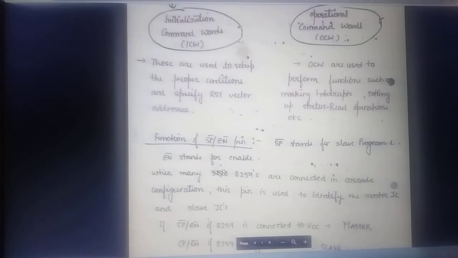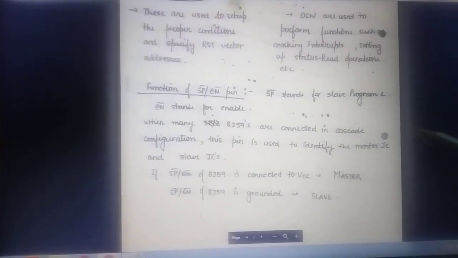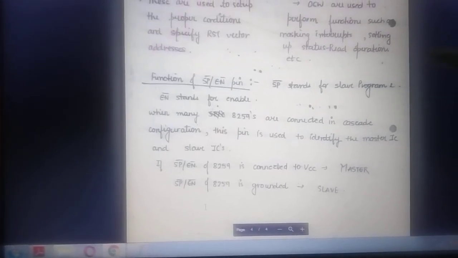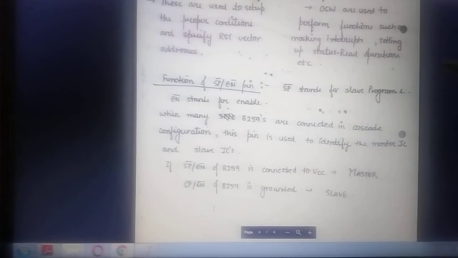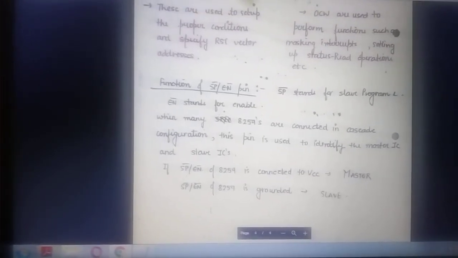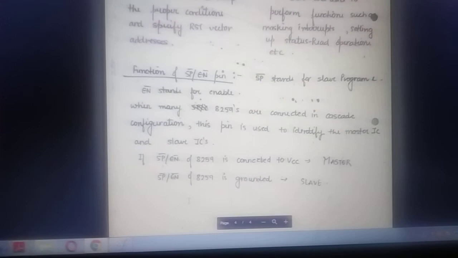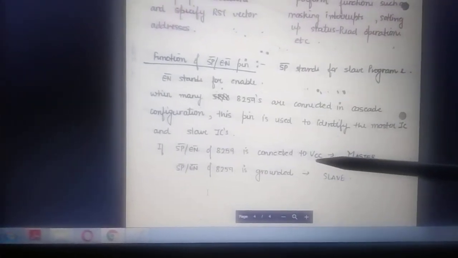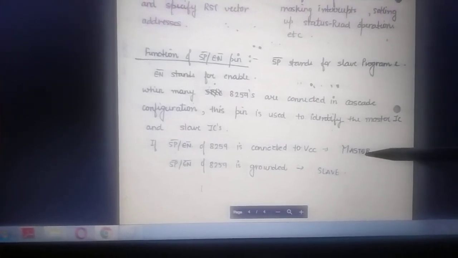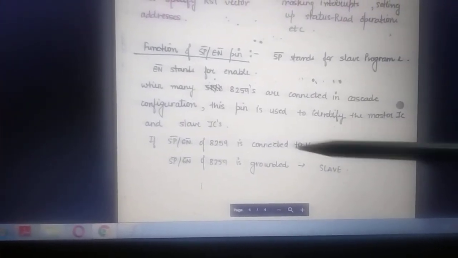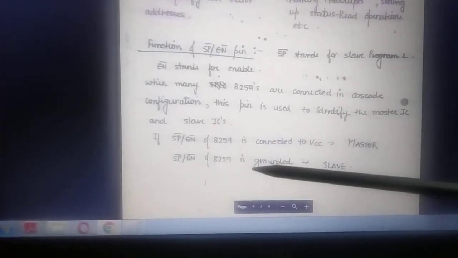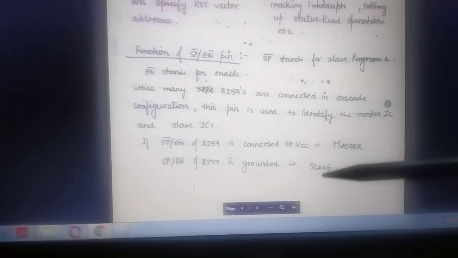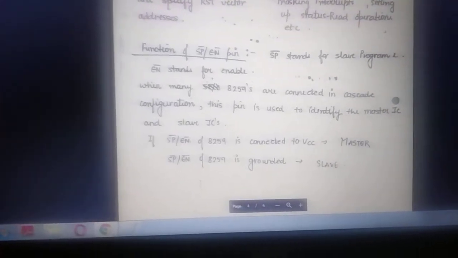What is the use of SP bar oblique EN bar, which I have discussed earlier also? By providing 0 or 1 at this pin, we can enable 8259 in master mode or slave mode. If the signal at 8259 is high, that is VCC, then it will work in master mode. And if it is grounded, that is its value is 0, then it will work in slave mode. So students, this is overall about the 8259 architecture or block diagram,